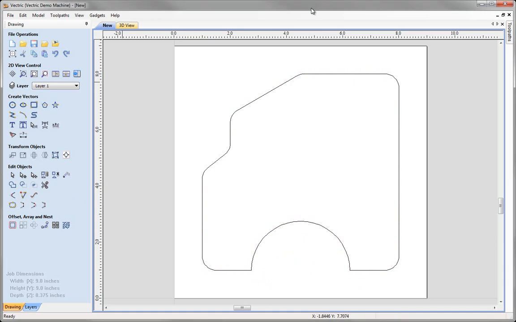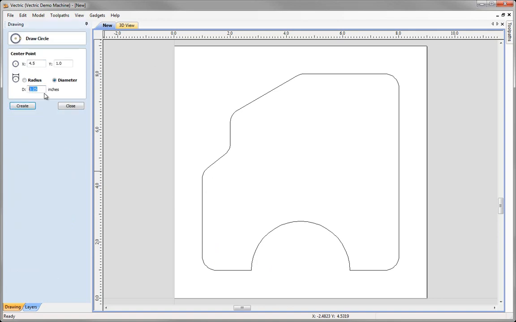Now I'm going to create some drill hole circle locations, and I want each of these to be at the center point for these fillet arcs we've got around the outside. Now the snapping will automatically pick up a center point of an arc, so we should be able to come over to the draw circle tool, make sure our diameter is the size of the hole that we want to create, so in this case 0.25 of an inch, quarter of an inch,